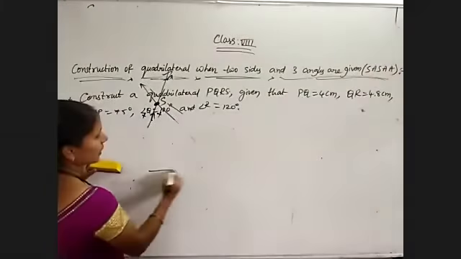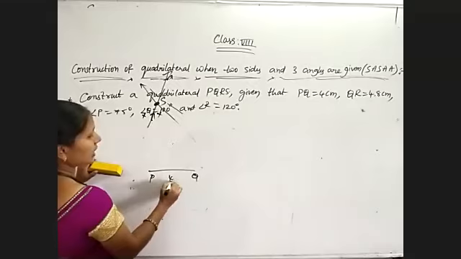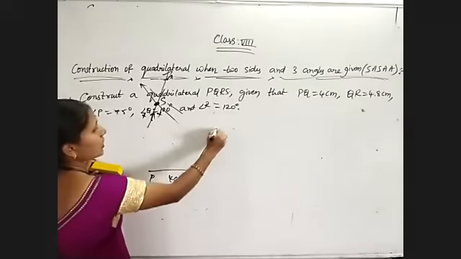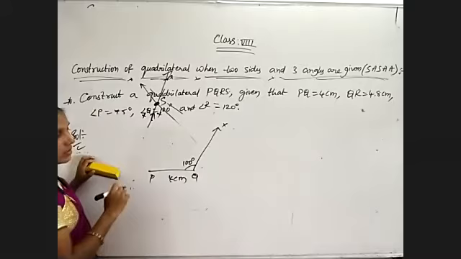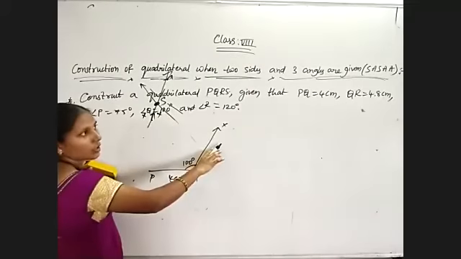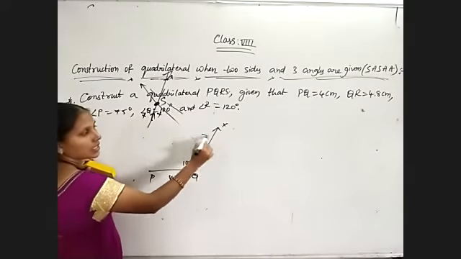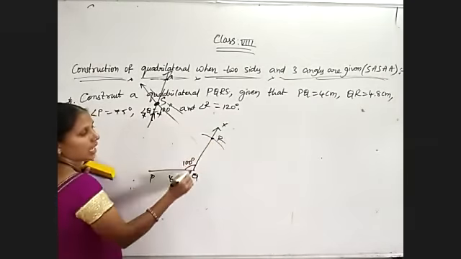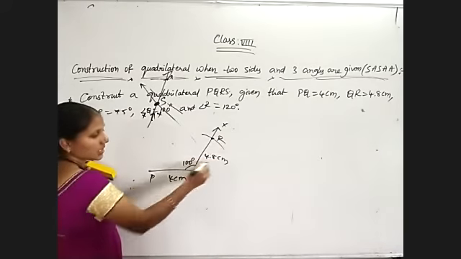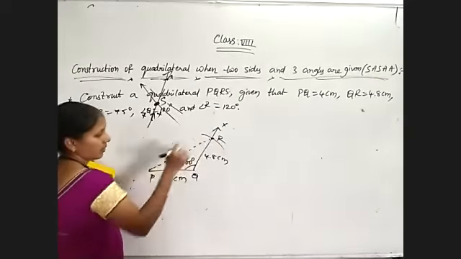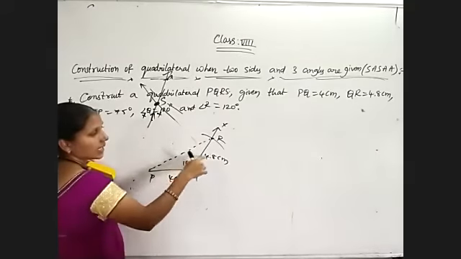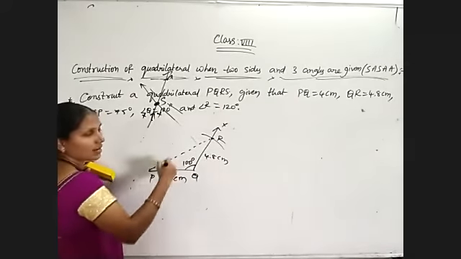So first of all, what we did: PQ we have taken 4 centimeters and angle Q is equal to 100 degrees. We have formed QX. Now take QR length with 4.8 centimeters radius, draw an arc which is meeting at R. So by using these 3 measurements, we finished. So we got side angle side. By using this criterion, we got the triangle.